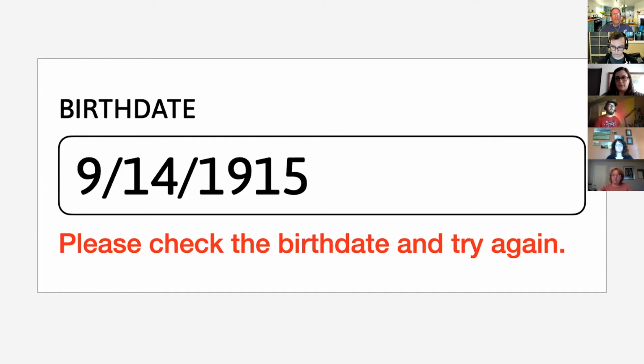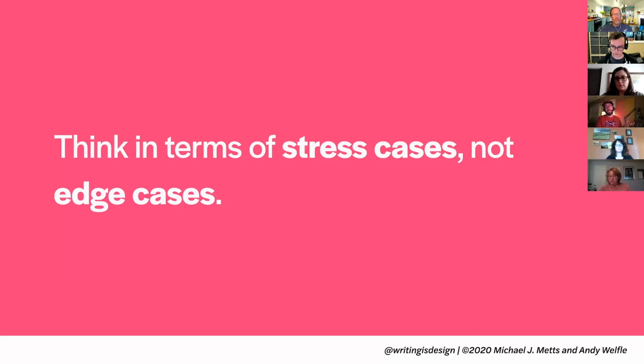And I would also emphasize when it comes to errors that we should really be thinking in terms of stress cases, as defined by Sarah Wachter-Boettcher, we already mentioned, and Eric Meyer in their book, Design for Real Life. In that book, they talk about how the term edge case is loaded to indicate that the people who fall into that edge case aren't really worth caring about as a team. And that is a really harmful assumption to make. It's really important to think in terms of what could go wrong and ask those questions as you write these messages and tackle these different cases.